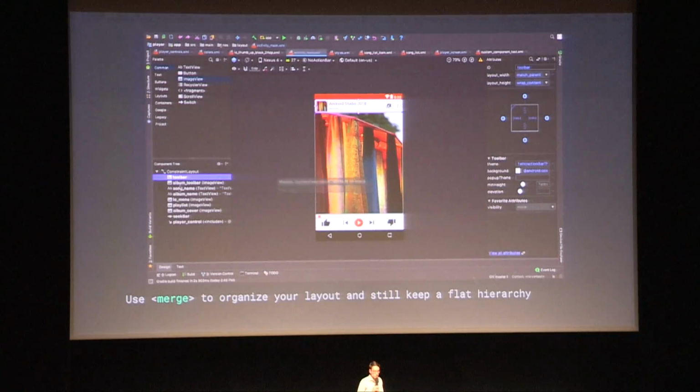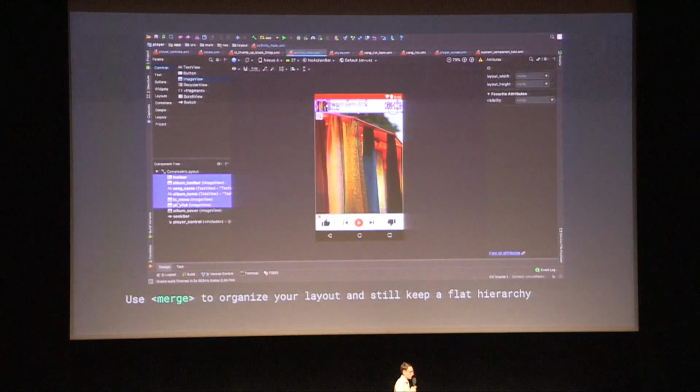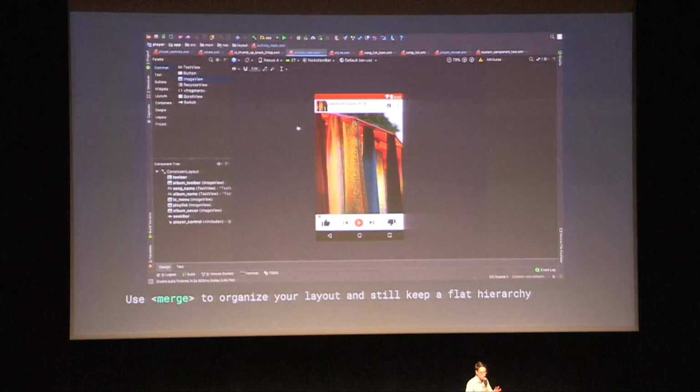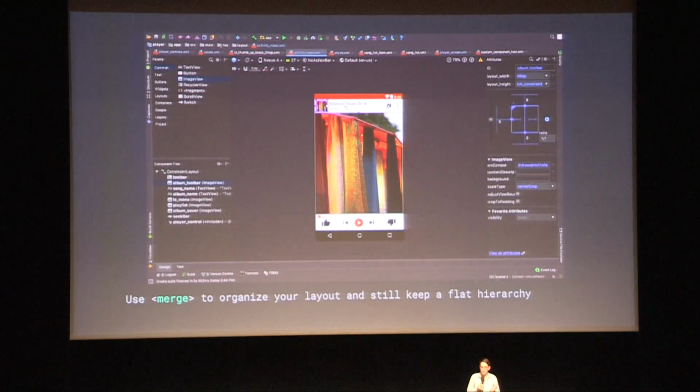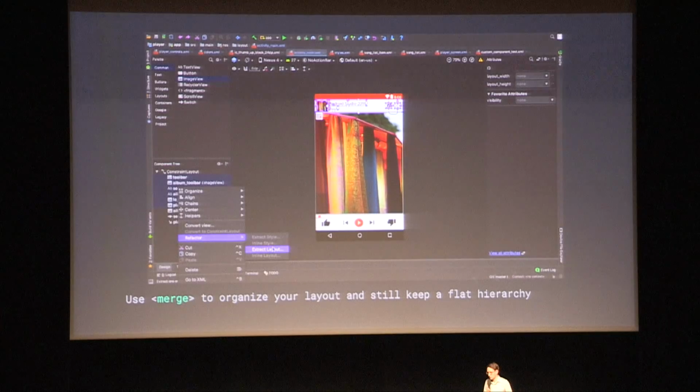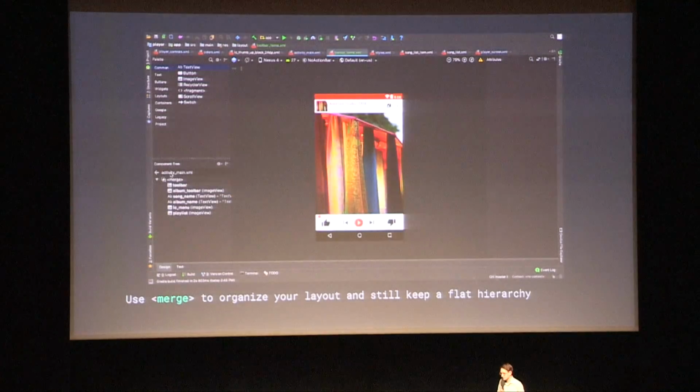So that's very easy to do. You can just, in your component tree, select all the views that you want to extract as a layout on their own. And then once you've done that, you can just do Refactor, Extract Layout, give it a name, and here it is. So now, it seems like not much has changed, but if you look in the component tree,